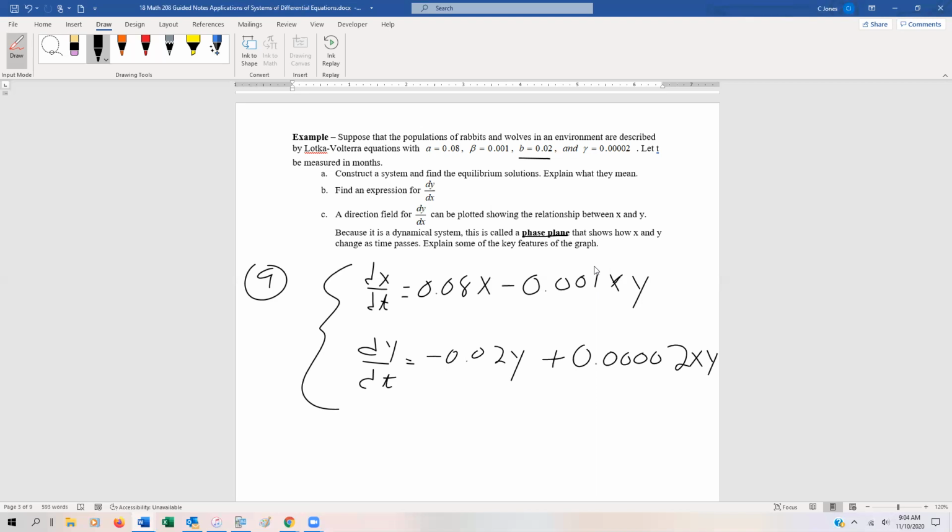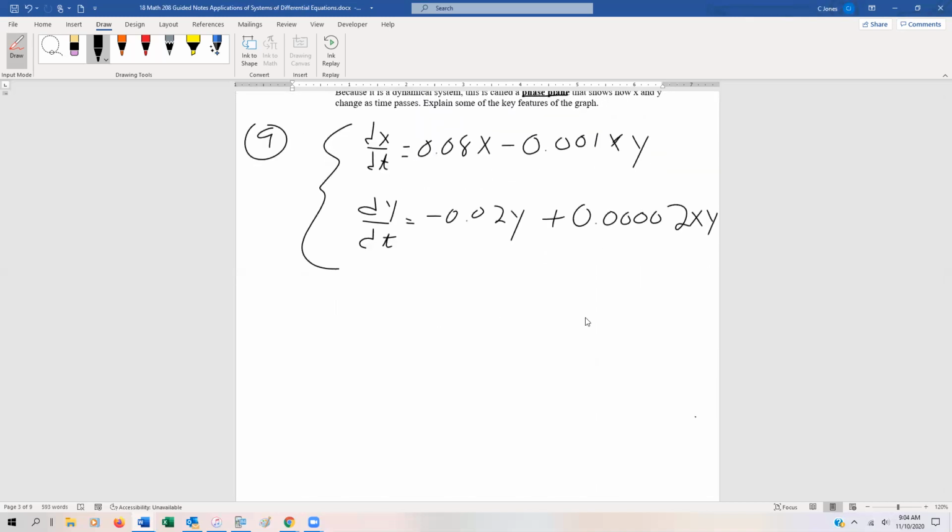Now, that's our system, and we want to find these equilibrium solutions. Equilibrium solutions are when the derivatives, or the rates of change, are equal to 0. So dx/dt and dy/dt are going to be equal to 0. All we're going to do is set the above systems to 0. So we have 0 and 0, equal to